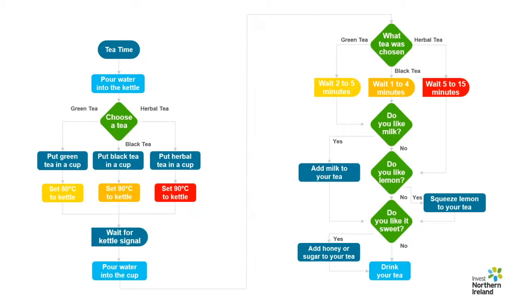Depending on the complexity of your process, you may require a greater level of detail in your process map or some variations to take into account different products. This process map is also for making a cup of tea, but it includes variations for different types of tea, for example, water temperature and the time required for the tea to brew, both of which will depend on the type of tea that you're making.